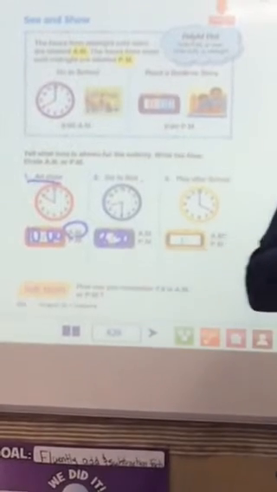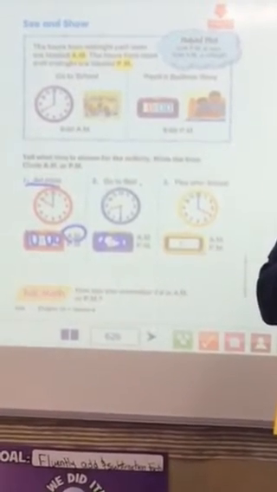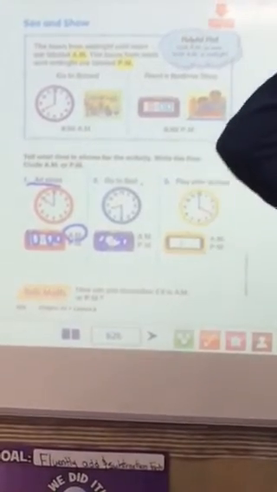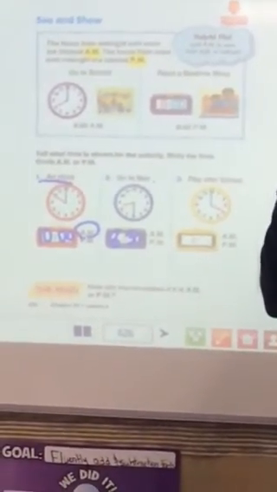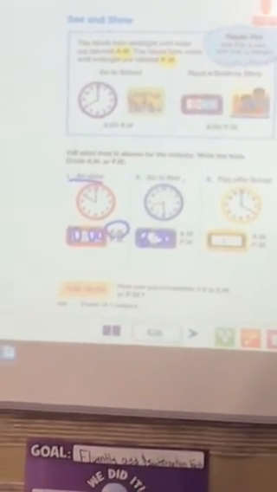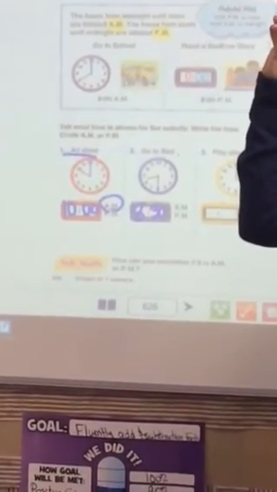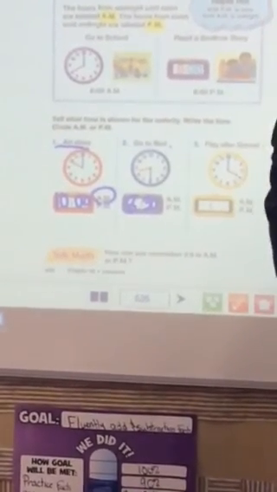Are we going to bed at 8:30 a.m. or 8:30 p.m.? Remember, a.m. starts at midnight. p.m. starts at noon. So if it was 8:30 a.m., it's after midnight. So let's see, 1 a.m.'s dark, 2 a.m., 3, 4, 5. Oh yes, I get